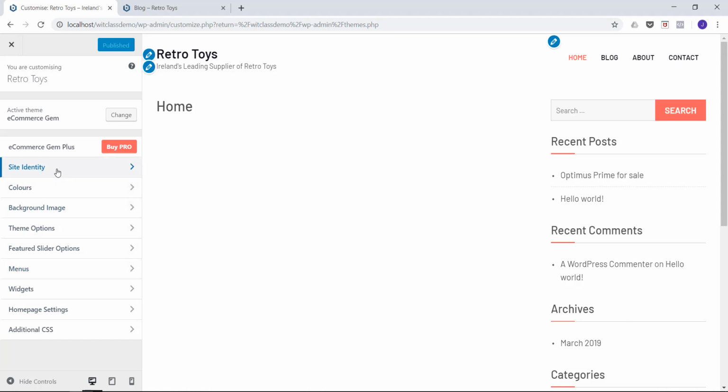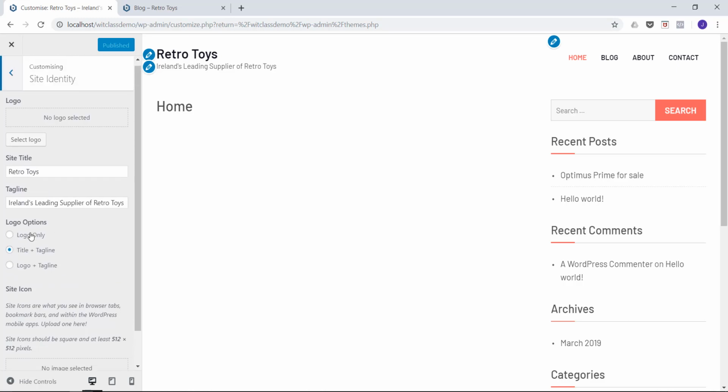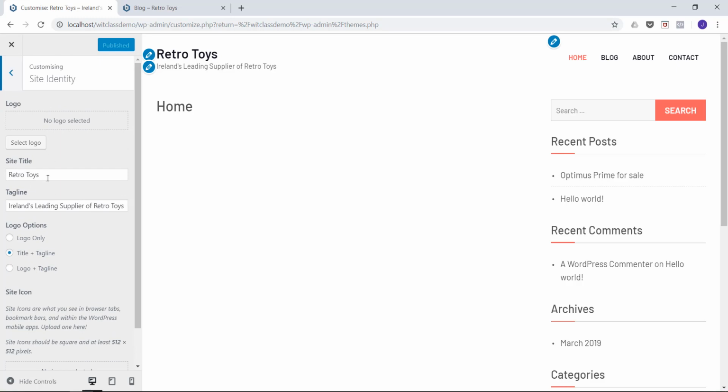So in this case here, the site identity allows me to set up the site title and the tagline. I could put a logo in there as well, and then I could choose whether to just show the logo or the title and tagline or the logo and the tagline. Again, it really depends on the theme that you're using, the list of features that you get here. If I want to go back a step, I just click on the back button here